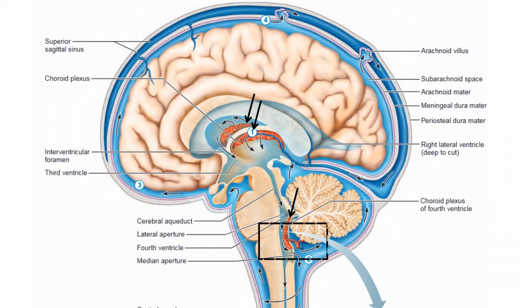Then look what is going to happen in the fourth ventricle. The fluid is continuously produced, and it circulates inside the cerebral hemisphere and brainstem. Then it comes to the fourth ventricle, and the fourth ventricle has connections to the space around the central nervous system. There are three foramina